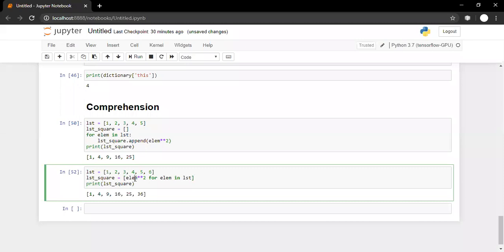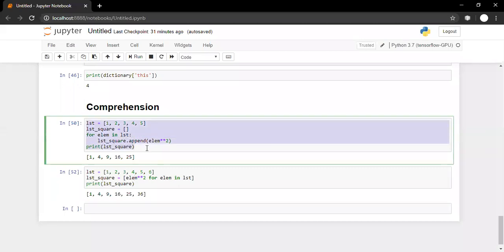Then second question, sir, if we have 10,000 elements, can all 10,000 elements be squared at the same time? No. Let us say your CPU can handle a vector of size 100, and there are 1,000 elements. How many batches are there? 100, 100, 100, 10 batches. 100 into 10, 1,000. So your 1,000 elements are squared in 10 batches. So how many CPU cycles are required? 10 CPU cycles are required. But if I am going with a conventional for loop, how many CPU cycles are required? 1,000 CPU cycles are required, because after every CPU cycle, one element is squared.